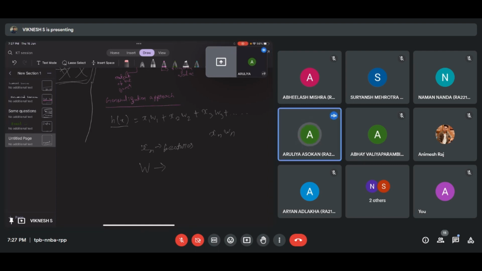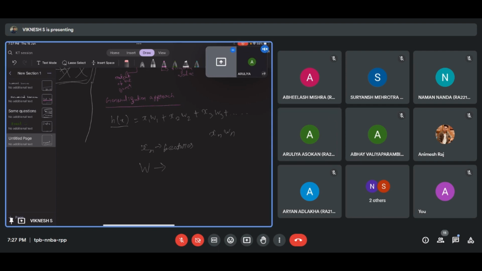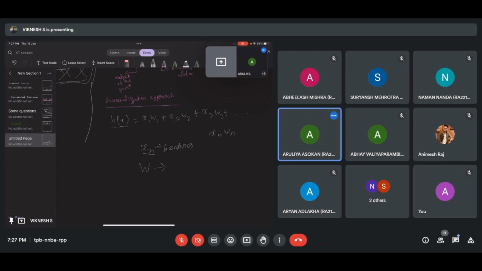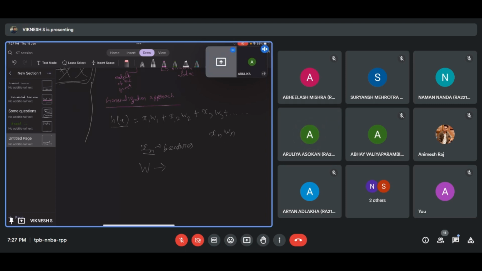The number of fruits is the xn, right? Each and every time, x1 is going to be apples, x2 is going to be the number of bananas, x3 is going to be the price of a single fruit. But at this particular instance, we are not going to be updated with the price of each fruit